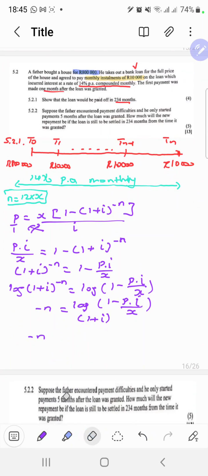In fact, n is going to be minus log. Now we're sorting out these things. The base here is 1 plus the interest, which was 14, so this is going to be 0.14 over 12, because that is monthly. And then the number here,